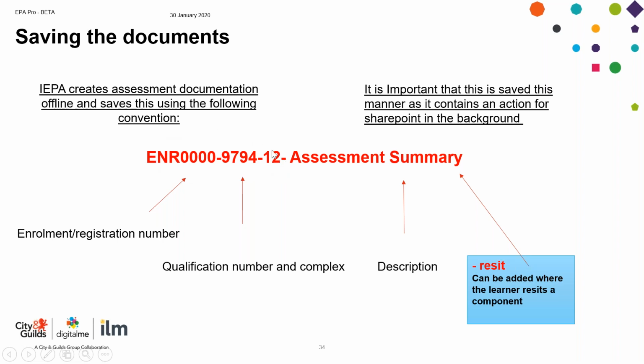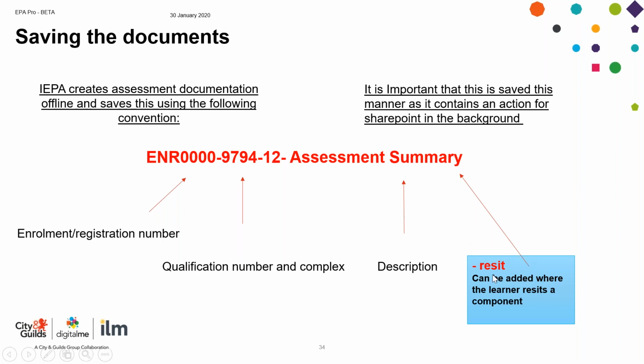It's really important that those things are correct, because that drives the file ending up in the right place. Then the IEPA will need to name the document in the way that it should be. If it's assessor forms relevant to a showcase portfolio, then let's name it with the right name, so that you as a LIEPA will know what you're looking at before you actually open the document. We will underline that in the training to the IEPAs, and it'll be a recorded webinar to explain this to them.